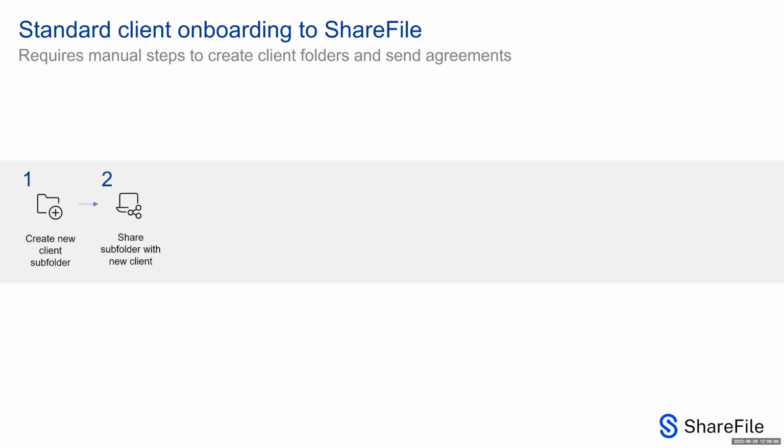I can add the new client directly in the add people to this folder section, and send them a welcome email, which helps them get logged in for the first time. And adding them to that folder adds them as a new client user in my ShareFile directory. So step 3 is where I can get started. I can upload files that I need signed to that new client folder. And then the 4th step allows me